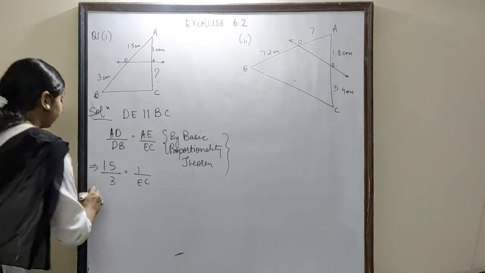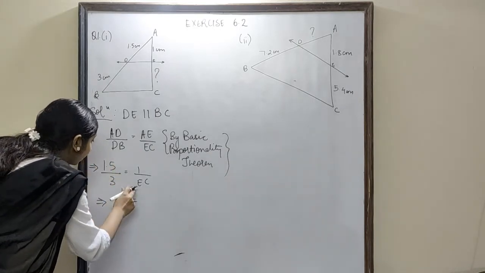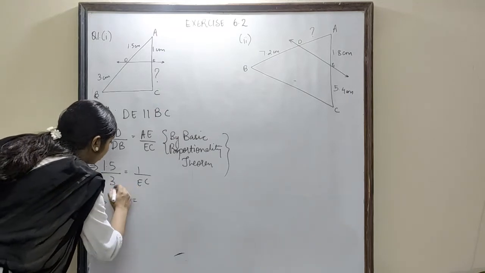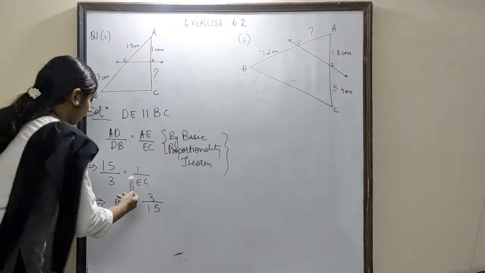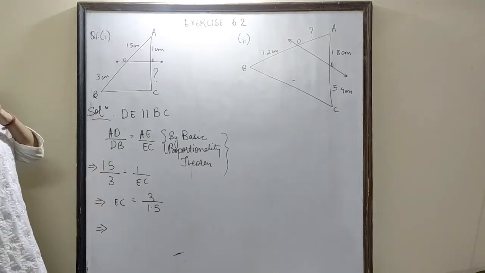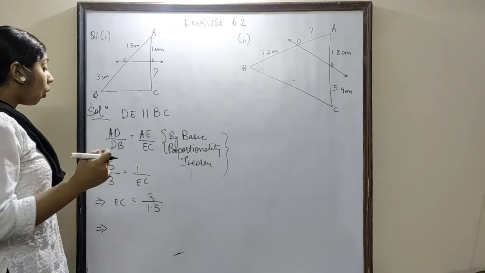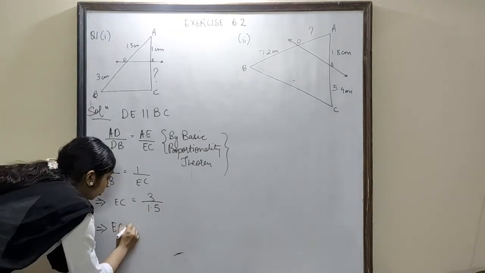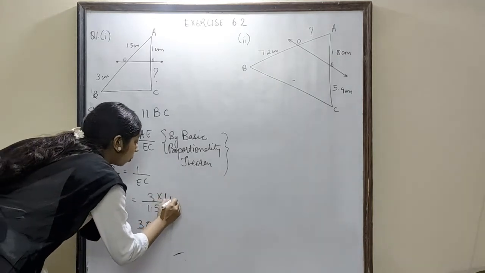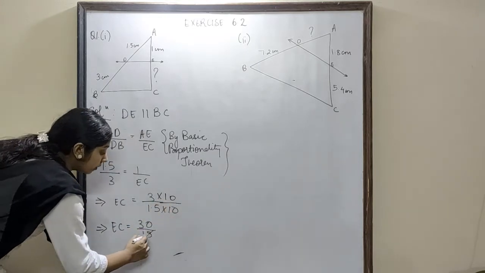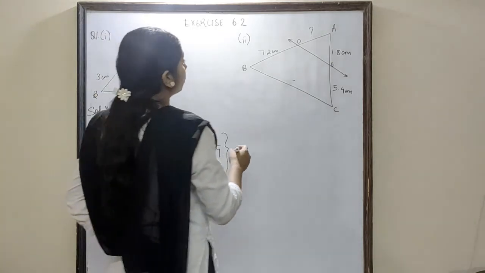Now how to find EC? This implies we will bring EC over here. When EC will be over here, this will come down and this will go up. So this will be 3 upon 1.5. Now, 3 upon 1.5, if you are not comfortable with this, either you go with the division method, or we can remove the decimal over here. By multiplying by 10, this will become 30 upon 15, isn't it? The decimal will shift. So 15 ones are 15, 15 twos are 30, which is equal to 2 centimeter. Is that clear?